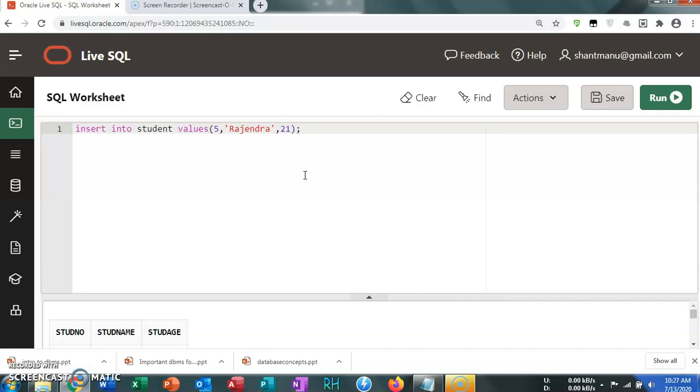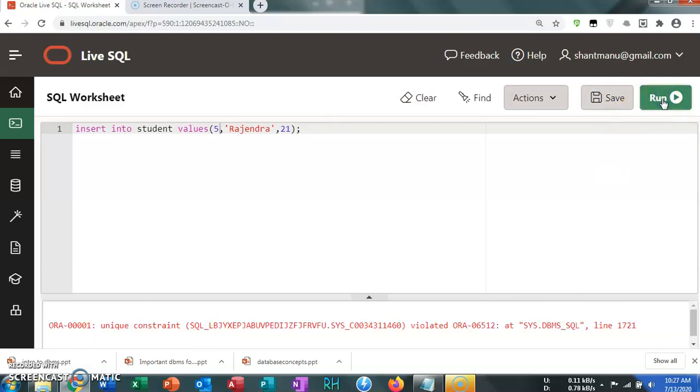What happens here now? We have inserted 1 to 5 records, means 5 already exists, and this key has a primary key constraint, which avoids duplication. So this particular command will not execute. It gives an error, and that error is unique constraint violated, means primary key constraint got violated.